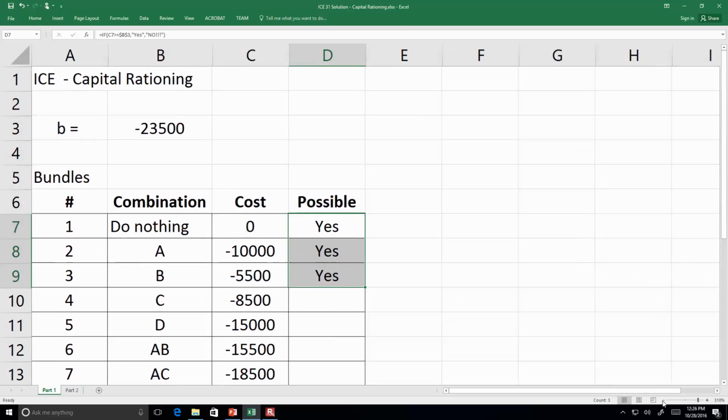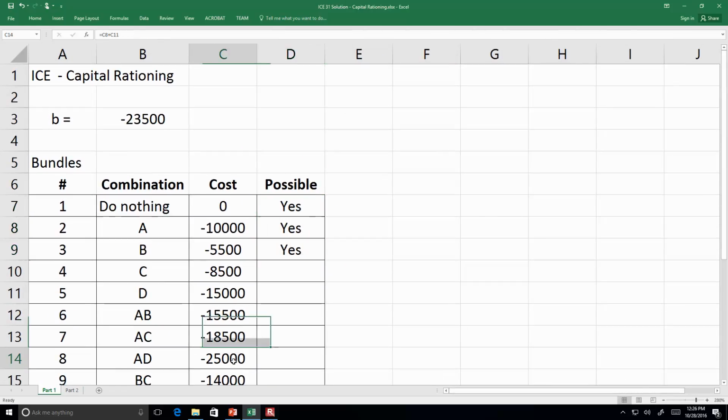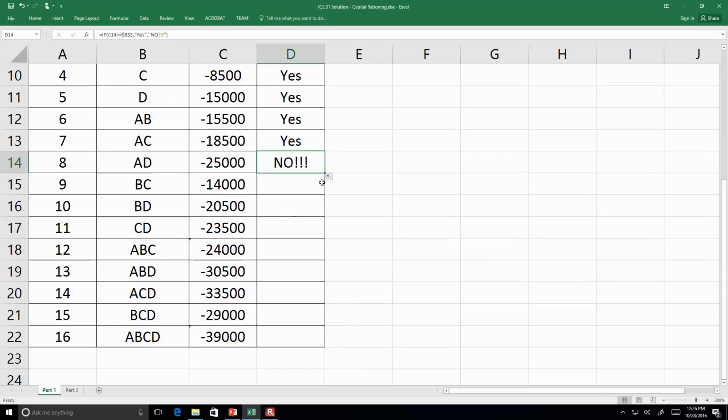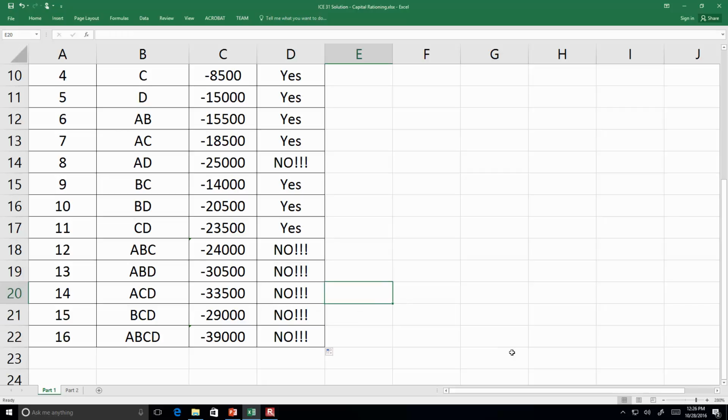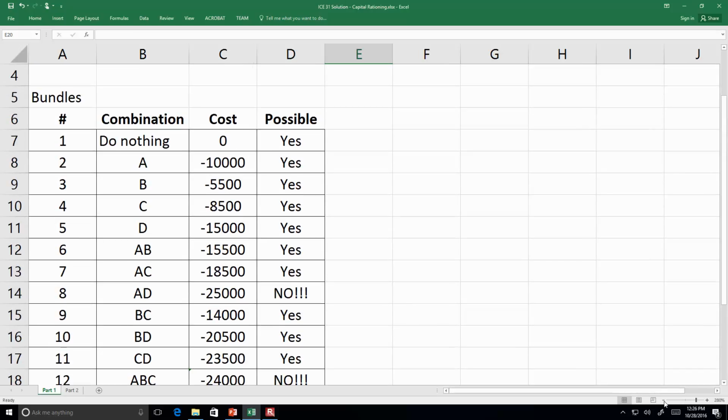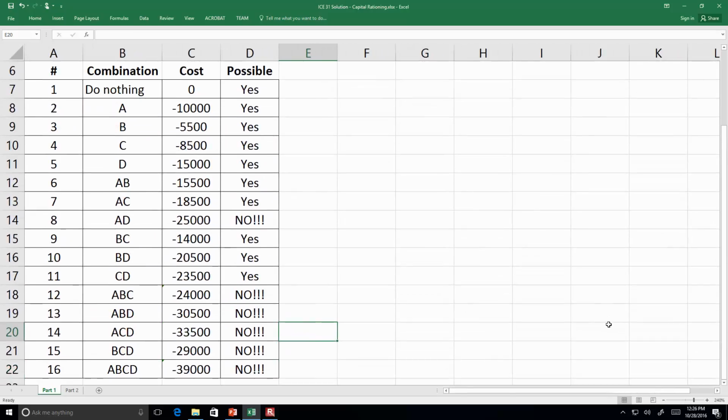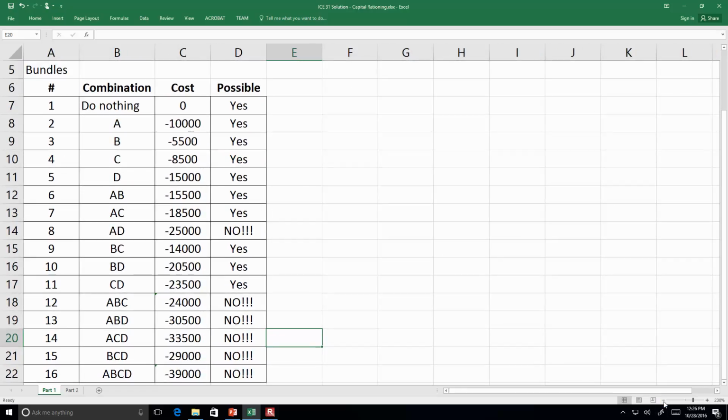Our first time that it should trigger a no is this 25,000, because 25,000 is too much. We can't afford that with the budget limit that we've got. And it triggers the no. Okay, we can just double click here and it'll apply the formula through all the rest of the table. For some reason not to the bottom one. All right. So now we know which of these combinations is possible given the budget limit,